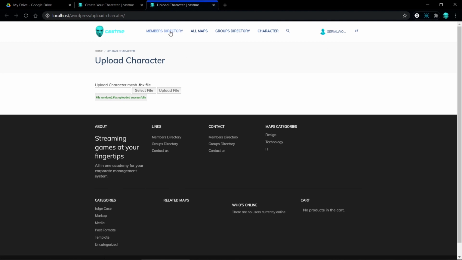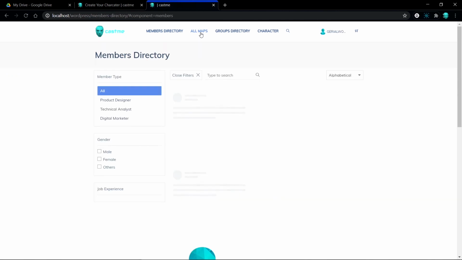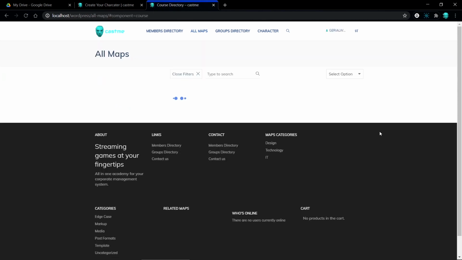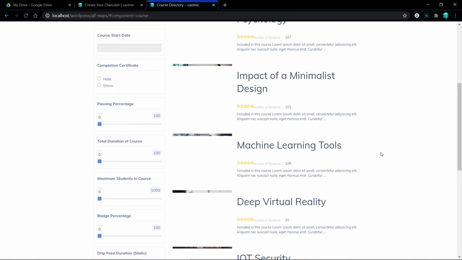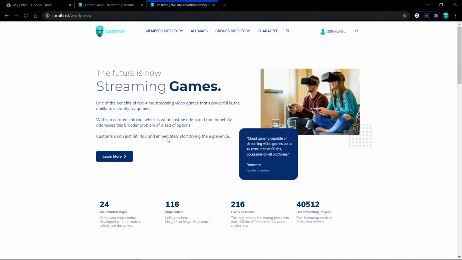This is the members directory and all of the maps. All of the maps that we'll be creating will be here. We have not done the customizations yet, and all the maps will be here. Actually, this has been implemented on our website. Now this is the complete website that you will be working with, and now your mesh is here. Whatever map you create, you can get into that map with your mesh and visualize it in your world. So that's what we are working with, and it will be a big thing.